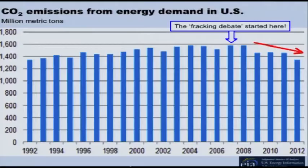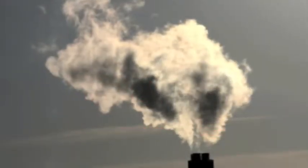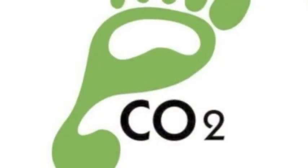During the summer of 2012, the U.S. Energy Information Agency published CO2 emissions trends for the United States. It showed that since 2007, the beginning of the fracking debate, U.S. CO2 emissions had decreased for the first time in a long, long time. This decrease in carbon dioxide pollution is significant because carbon dioxide is a potent greenhouse gas and a primary cause